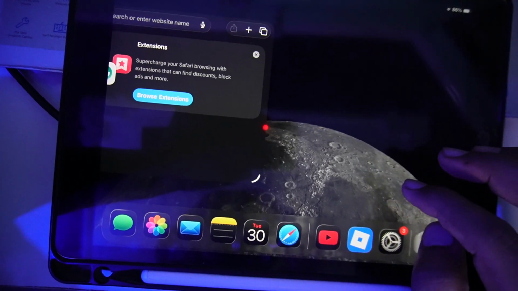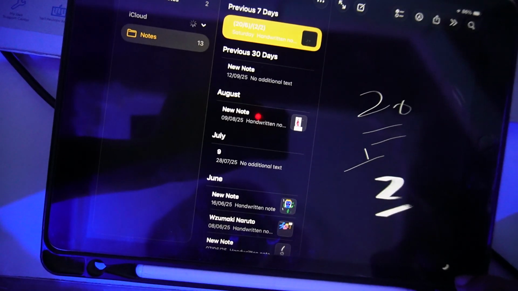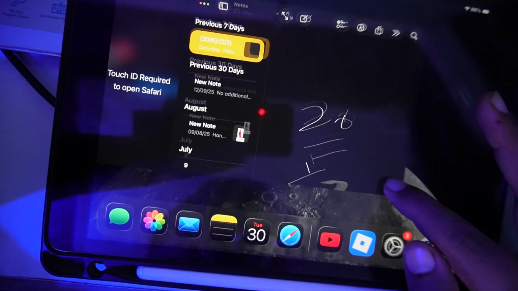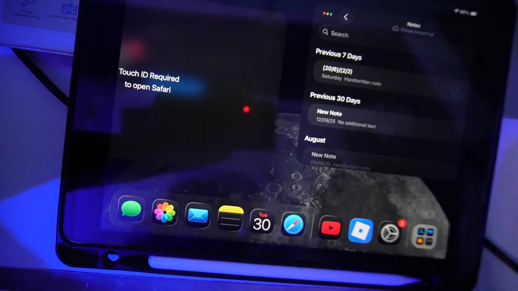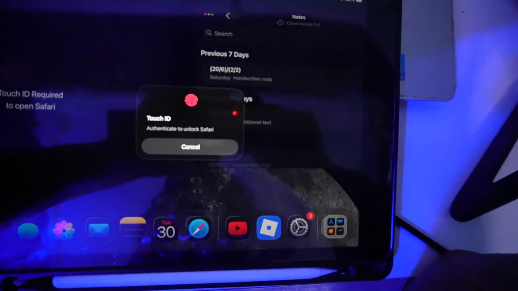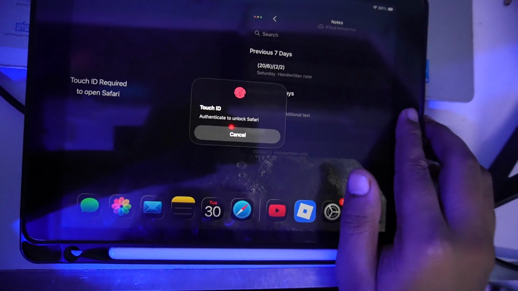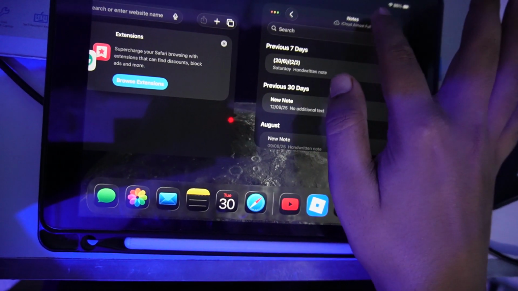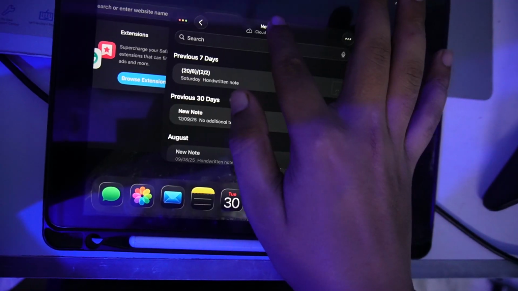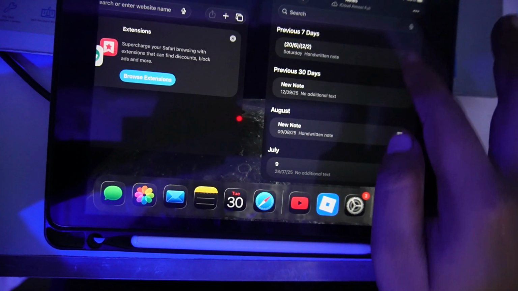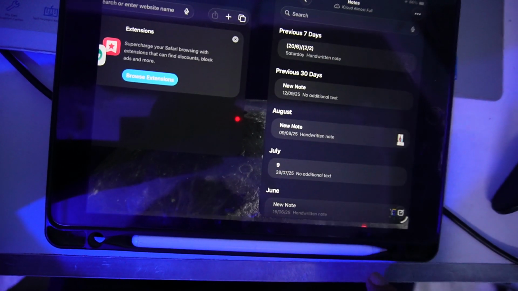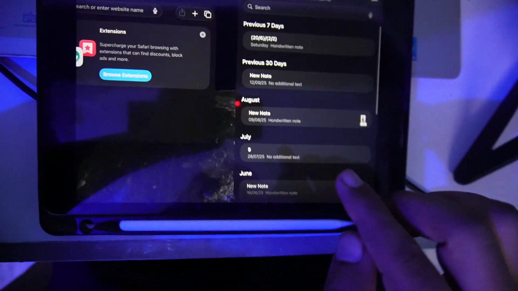Now if you want to use another application at the same time, like my Notes application, you can again make it a window. And now if you want to use it as a split view, you can do it like this, and you can just slide it down.